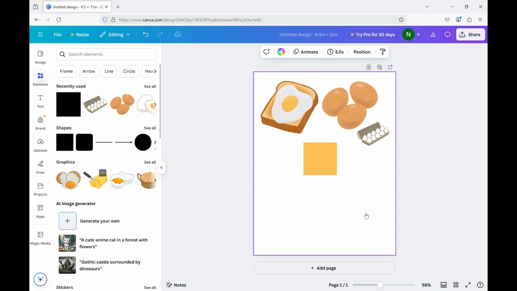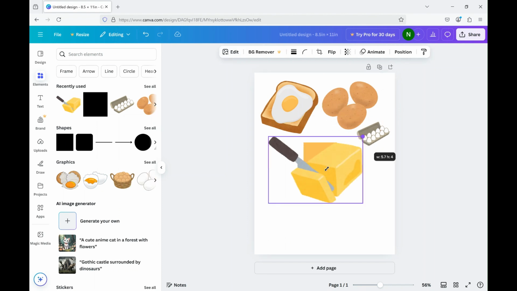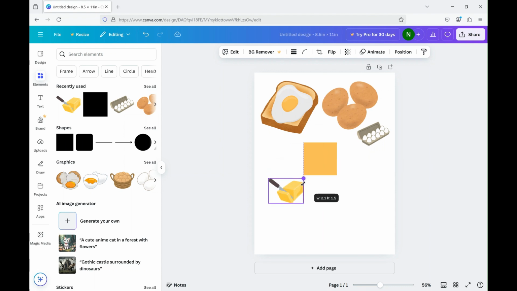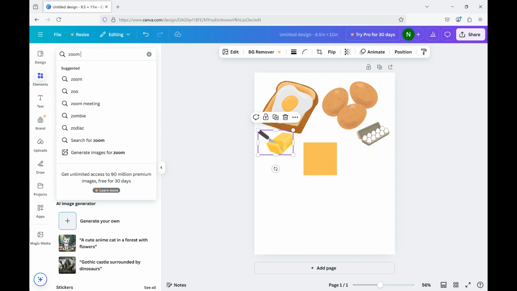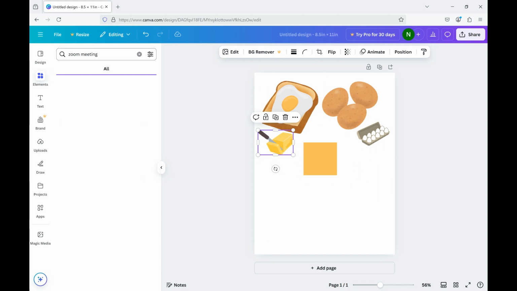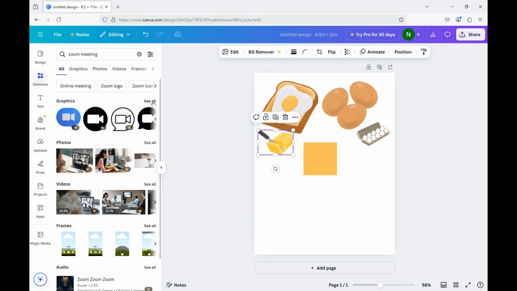We'll put butter on here. So let's see, what other images can we do? Let's do Zoom meeting. So I tend to, when I journal about my day, like what happens in my day. So go back to graphics, see all,